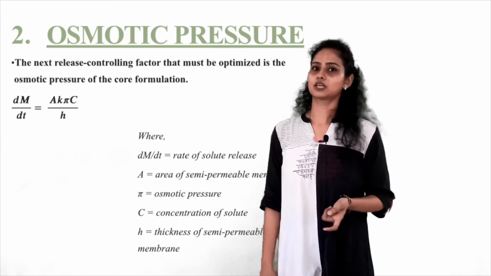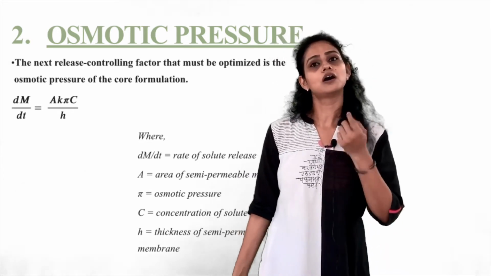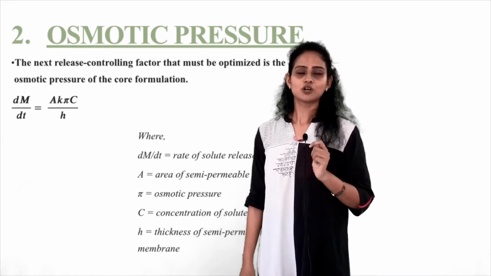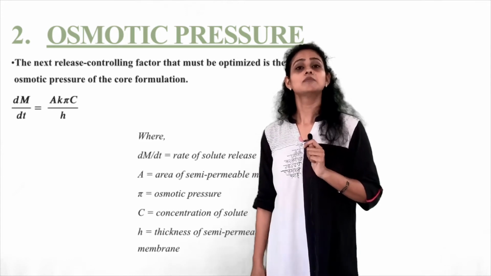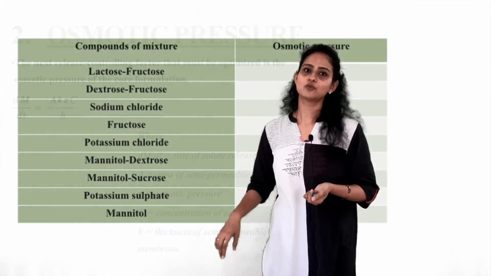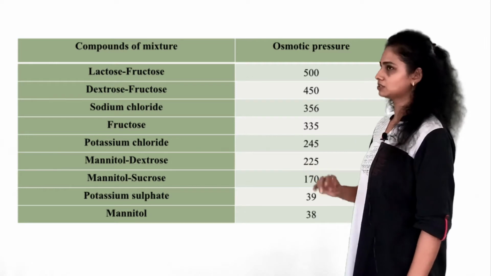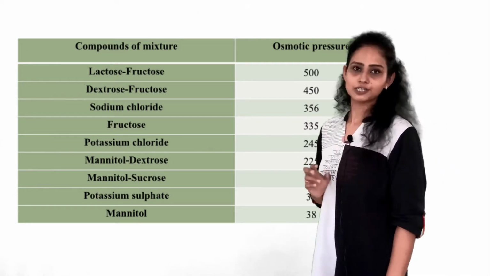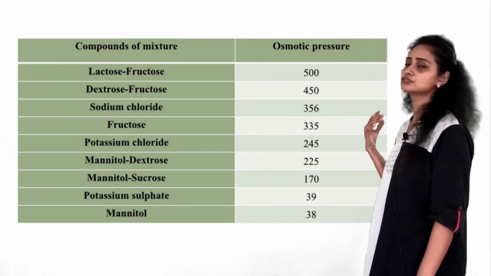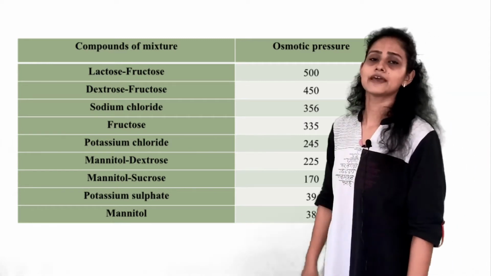Now, in most of the cases, in 95% of the cases, it is very difficult to keep a saturated solution of drug constant. So in that case, we have to add some agents which maintain the osmosis, and those agents are known as osmogens. So, here is the list of osmogens. These osmogens are basically sugar or salt in nature. Here you can see different examples like glucose, fructose, sucrose, then KCl, NaCl. These are all various agents which are used as osmogens.